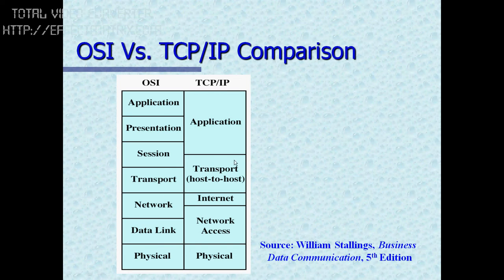so that you can observe over here the line of separation as far as the comparison between the OSI layer and TCP/IP model is concerned. The session layer functionality of the OSI model, as far as TCP/IP is concerned, is divided partly into the application layer and partially into the transport layer. This highlights the fact that some of the functionalities of the session layer of the OSI model are available in some of the transport layer